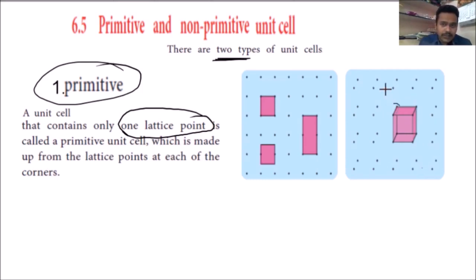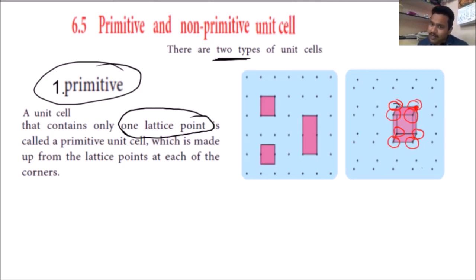In this cube, one atom is here, one atom is here. Here a small black dot is there, that is an atom. This corner one atom, this corner one atom, this corner one atom, this corner one atom. Logically, we think that on this side also one more cube will be there. Side by side cubes are there. Whatever atom is located here,